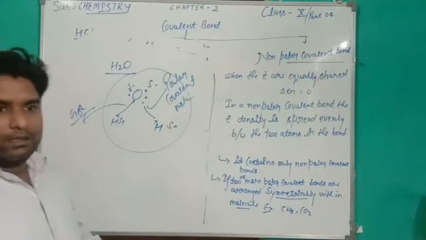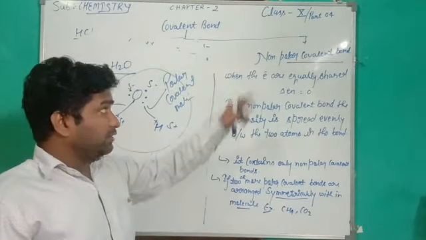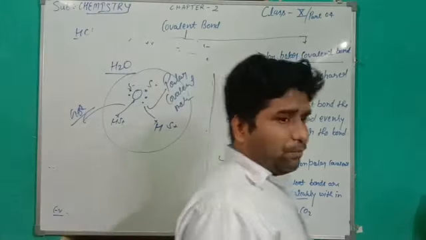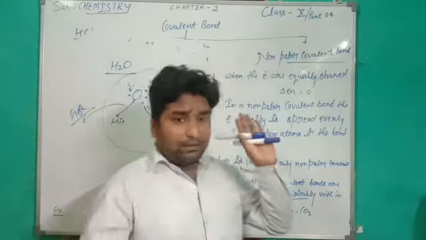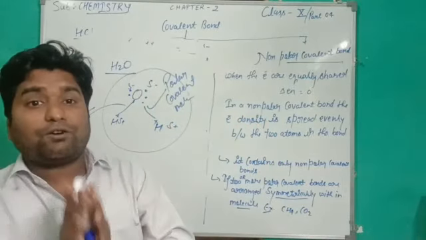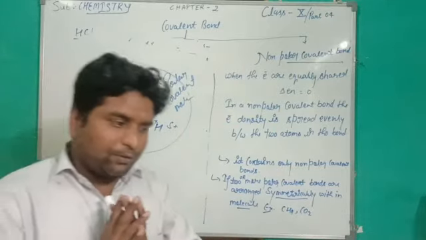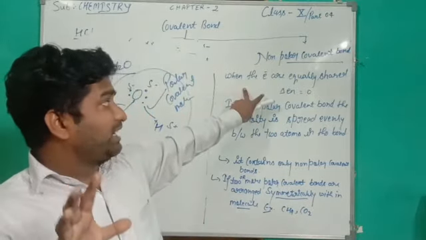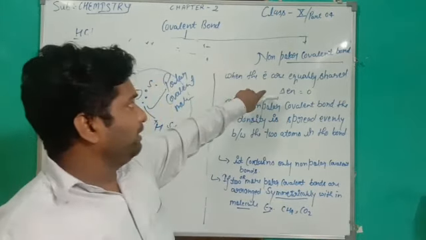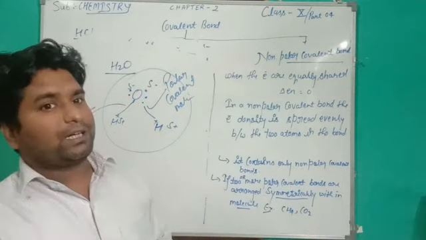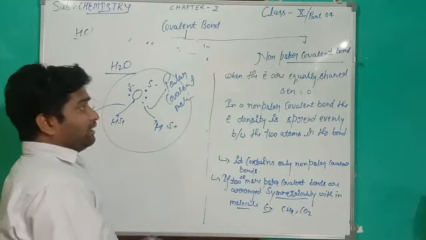Okay students, I think all of you understand about this. Now next topic is non-polar covalent bond. What is basically a non-polar covalent bond? In a non-polar covalent bond, the electrons are shared symmetrically or evenly. So that means electrons are equally shared. In this case, the molecule is known as the non-polar covalent molecule, and the bond is known as the non-polar covalent bond.